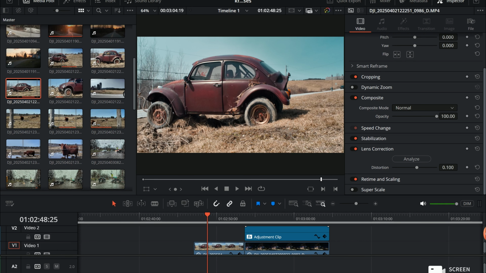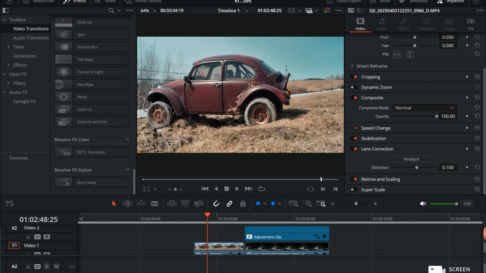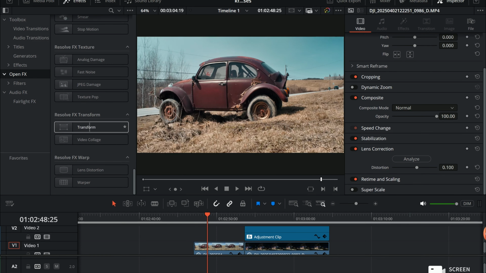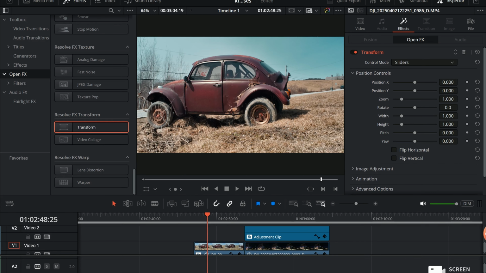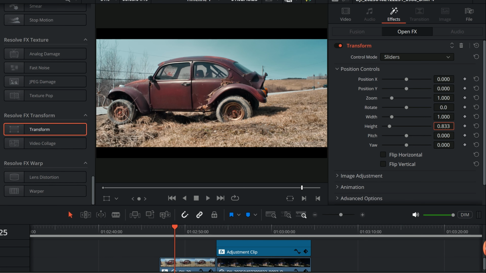So what we're going to do is go to our effects. And under, not video transitions, under open effects, we're going to go all the way to the bottom. We've got transform here, and we're going to drag transform down. And then under transform, we're going to go under your height. If you do the calculations, it's 0.8333333, but that's as close as we can get on here. So that's the same thing as if we did it the other way. So that is a 1.2 times